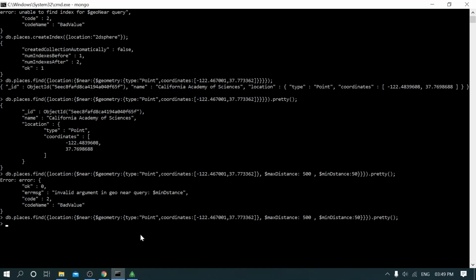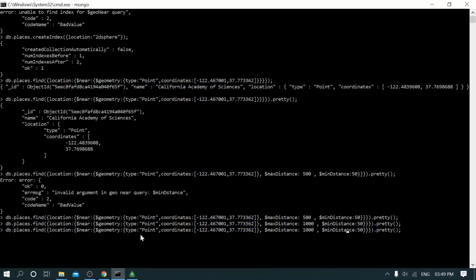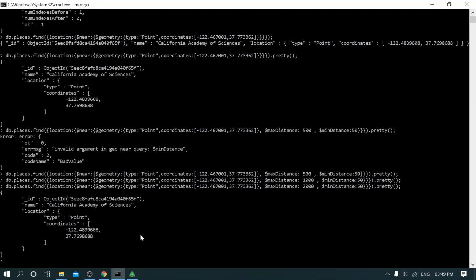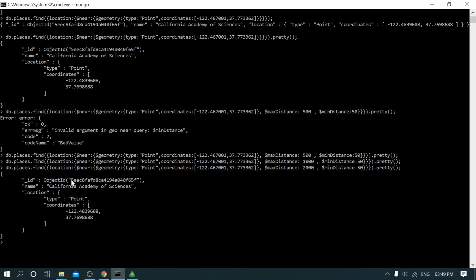Just increase the value and see. I will give here 1000, maybe more, 2000. Yeah, in this radius we have found this location.